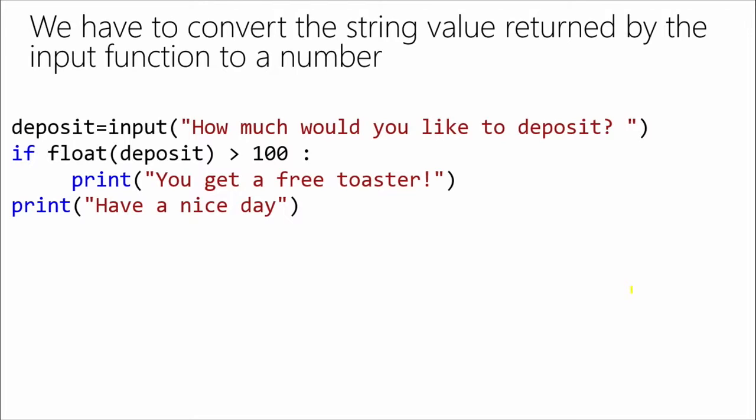So we fix that. And you know what? My apologies, there's a typo on this slide. That should be if int deposit, not if float deposit, because we just saw in the demo that when I convert it to a float, it doesn't work. Now here, you'll notice I actually converted the data type when I did the comparison. So it's funny, every time I write the code, I approach it a different way. I don't always think about it.